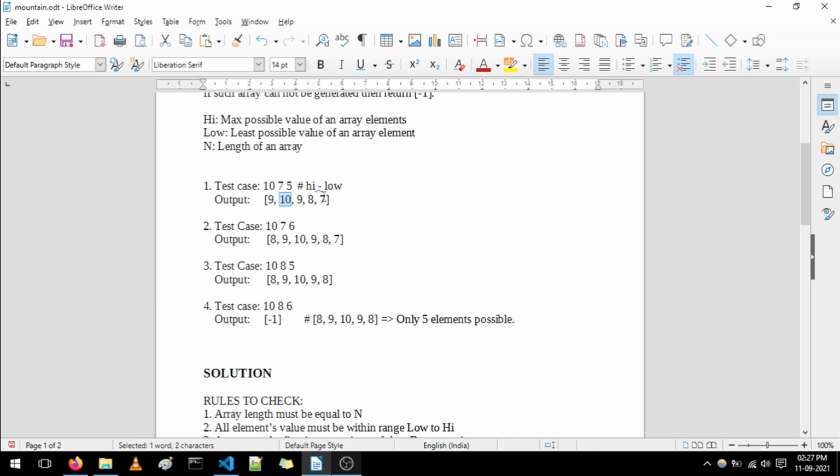Okay, so 3 is from the rightmost position, but we want to get the actual position. We are getting 3 and the output is 0 and this is 1. Okay, the index of this 10 is 1. So to get this output, we can simply subtract it from the total elements. Okay, so total elements are n. So n minus (high minus low). So n is 5, high minus low is 3. So 5 minus 3 is 2. Now we are getting 2.